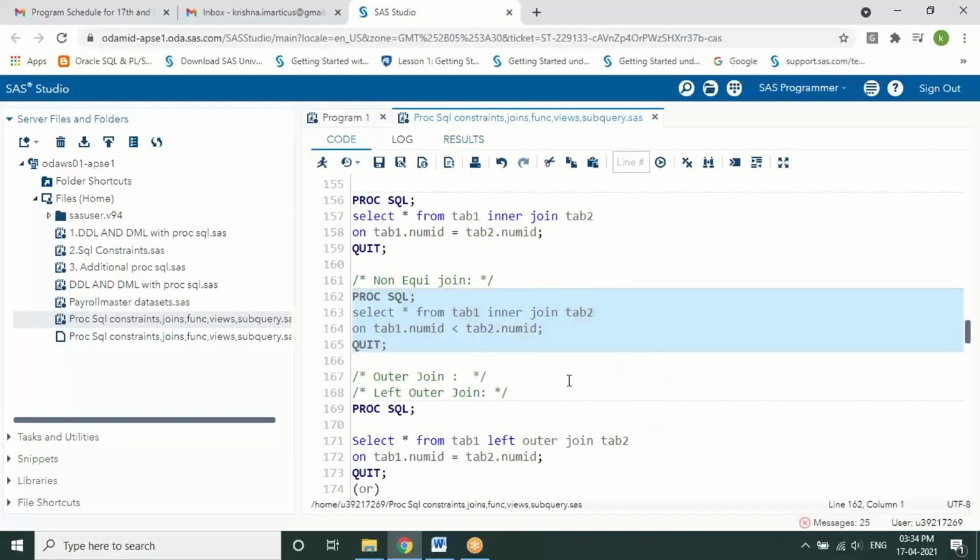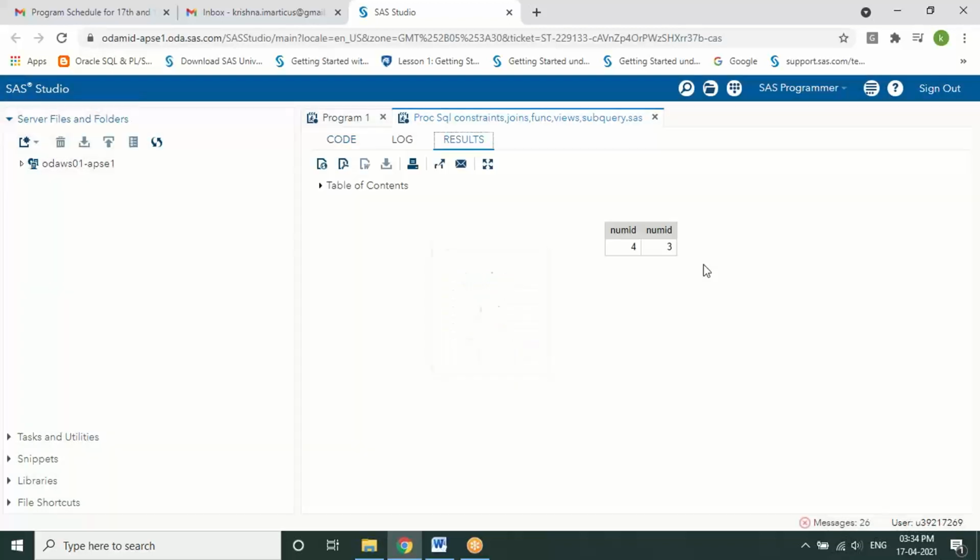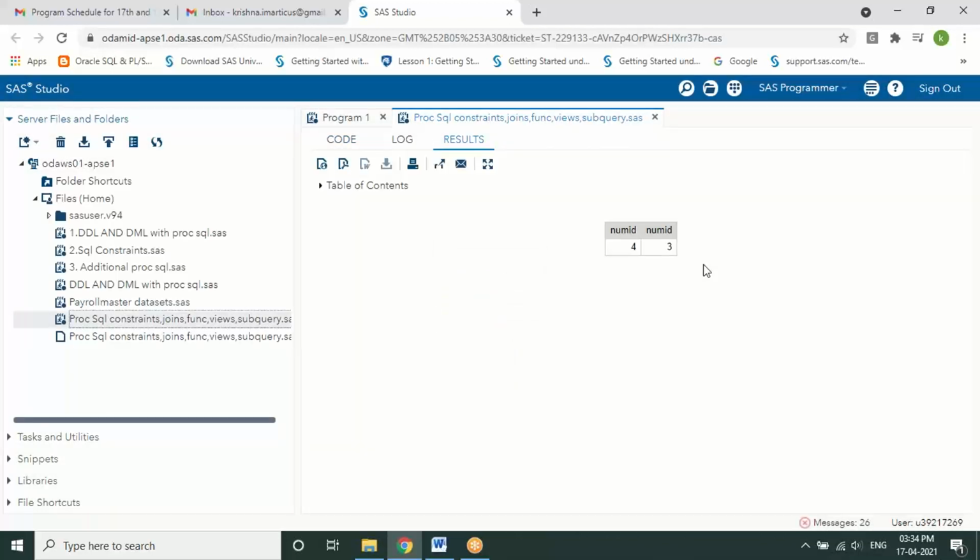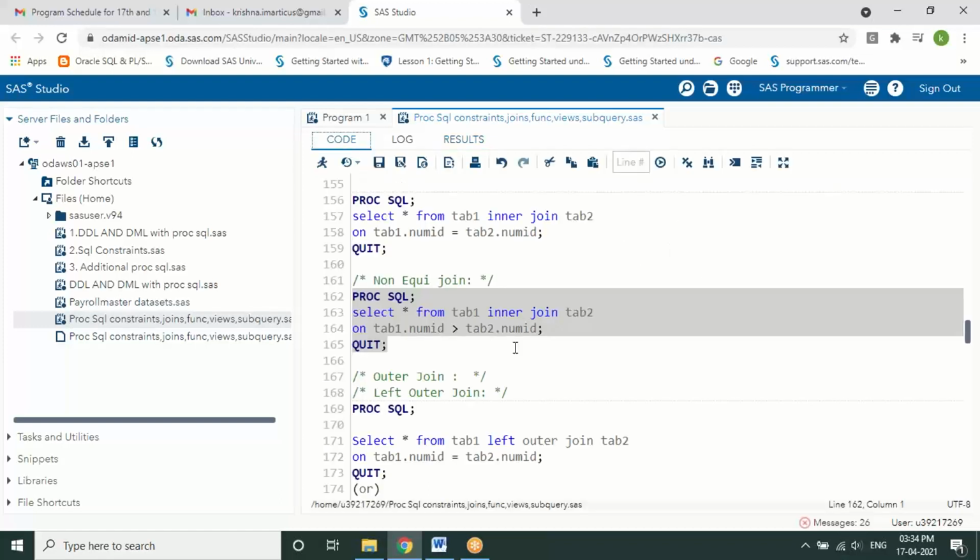If we give any other operator, the representation changes. Based on the type of operator, it gives a result which we call a non-equijoin. Apart from the equal sign, we can use any other operator.